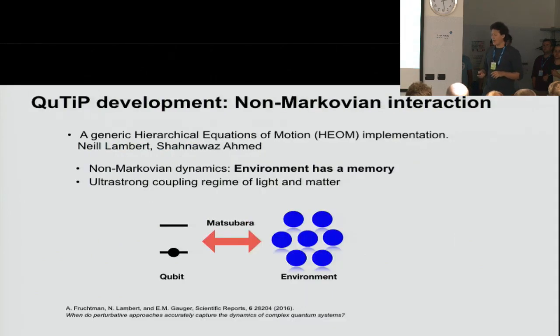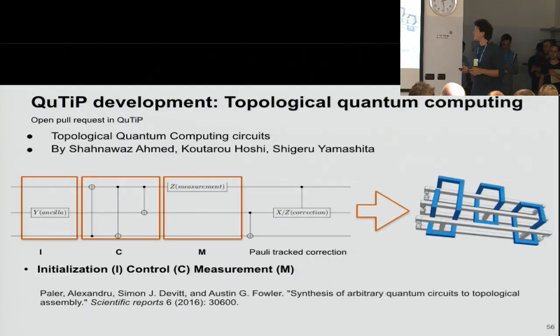Another example of ongoing research involves an interesting mathematical encoding, which is a hierarchical equation of motion implementation. It's basically when our system dissipates energy, but then somehow this information or this excitation can go back into the system. So there is some complex mathematical modeling going into the simulation of a qubit dissipating energy to an environment and then acquiring this excitation again.